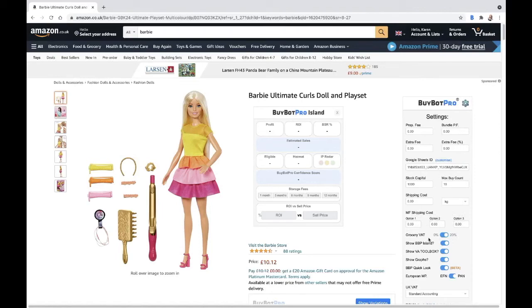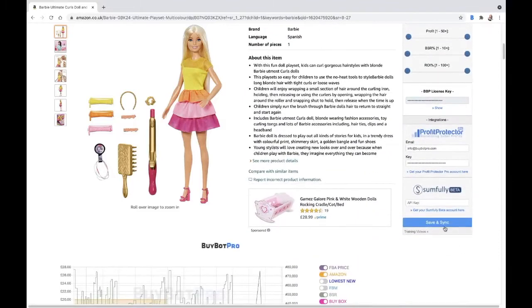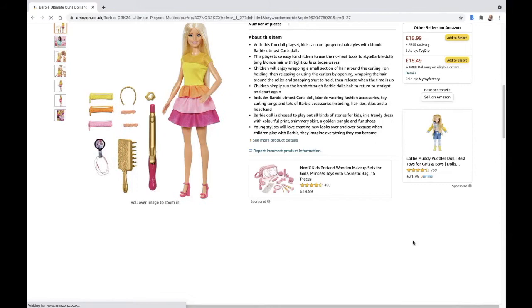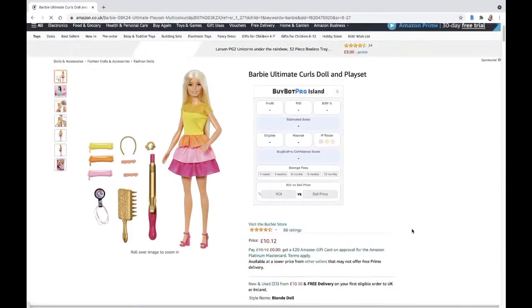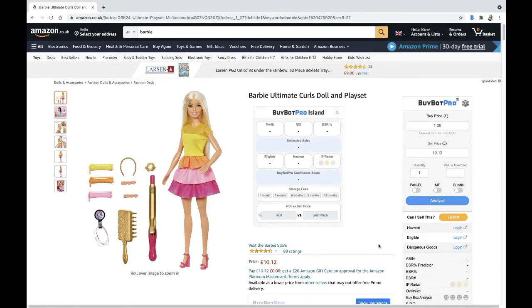Because grocery is most of the time 0%, you can put that on 0% and know that 95% of the time that's going to give you the right calculation. And then when you analyze a deal, let's say we're on a box of biscuits and it's got chocolate around the outside, so we know it's VATable rather than non-VATable, you can add in a VAT override.